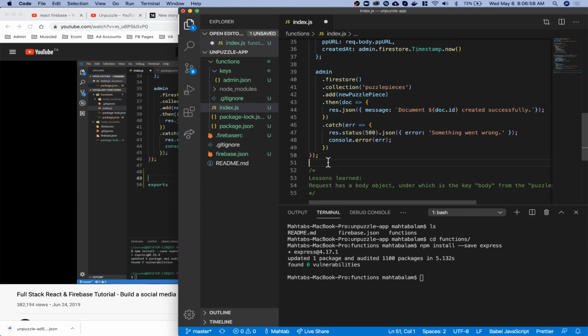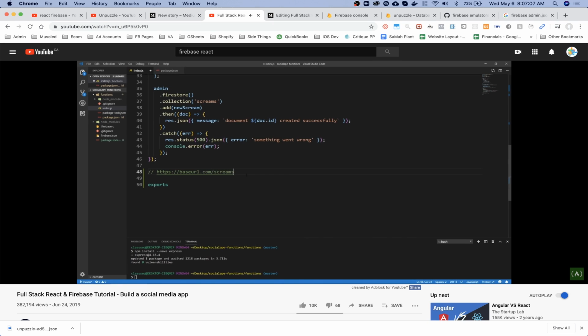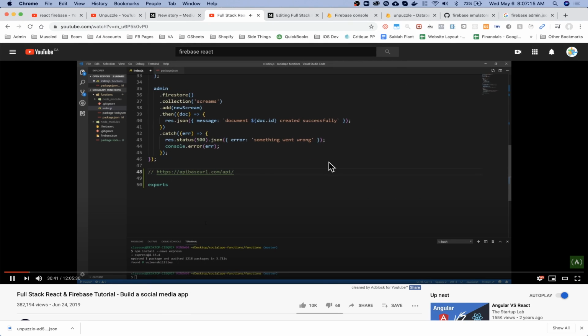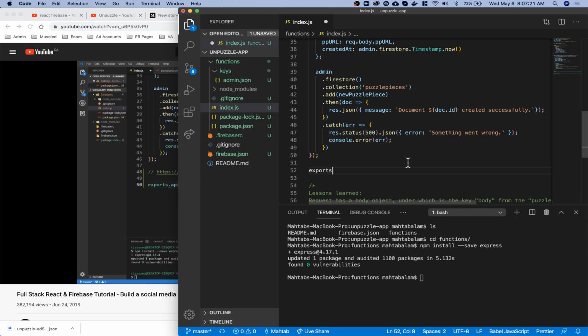One of the best practices for having an API is, let's say we have an HTTPS endpoint and our base URL is baseurl.com. We don't want something like /screens straight away, because it's good practice to have /api and then /something. On the base URL itself you might have your website, but at /api you can have your API. In some cases they do api.baseurl, but it's just different conventions. So we want this prefix. What we're going to do now is exports.api equals